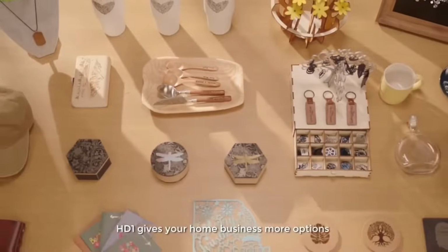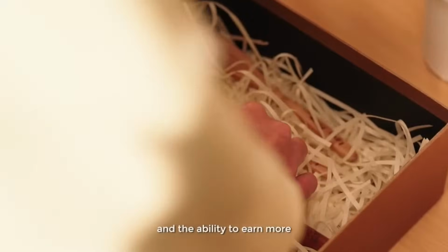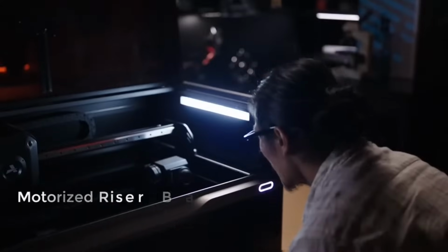HD1 gives your home business more options and the ability to earn more. Want to elevate your creativity? With the optional add-ons,